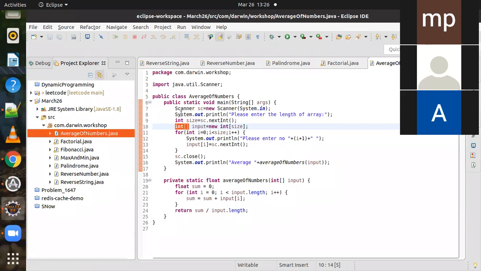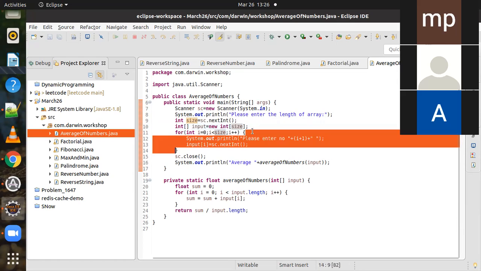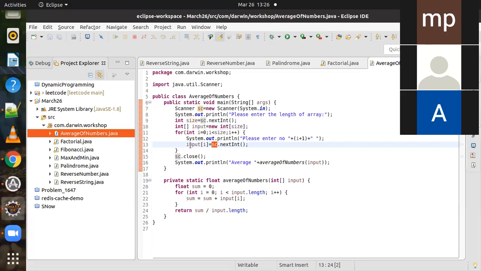So what I'm doing here is I'm creating a scanner class and asking the size of the array. Please enter the size of the array. The user enters some size and I am assigning it to a size variable. When the user enters some size, I have declared an array having the size the user entered, right? Line number 10, I'm declaring an array with this given size. Then I'm executing the for loop and asking the number from the user and assigning the value to the